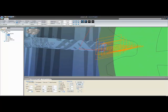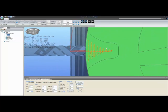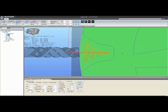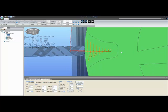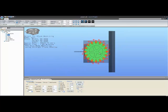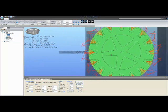Now the rooting is fairly simple. As you can see, it goes in one layer at a time, going deeper each time, clearing as much as it can as it goes down. If we then turn on the toothing, it will appear over it. This toolpath is actually